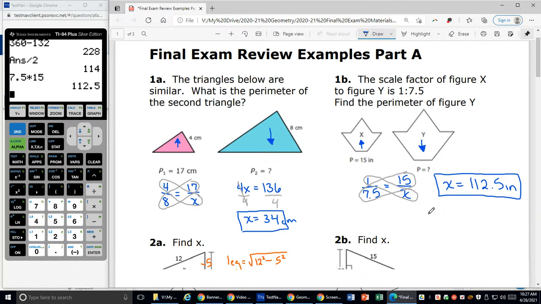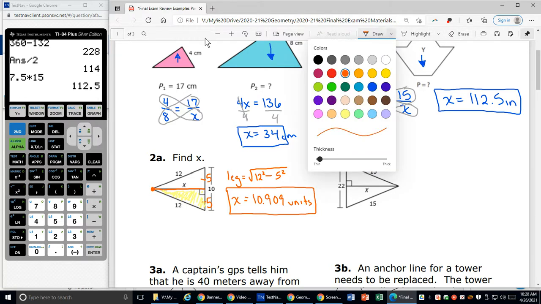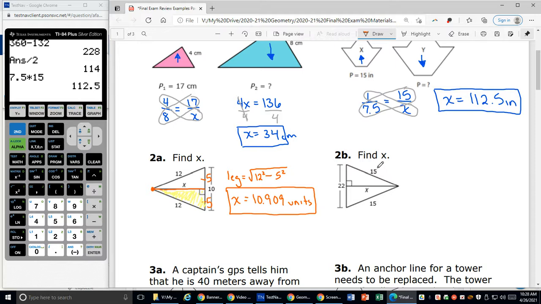Okay, let's look at 2. On 2, find x. If I look at my two pictures and compare them, I can see they're very similar. My triangle is just pointing in a different way. My two legs that are the same, I had 12, now I have 15. And I had 10, now I have 22. I took that 10 and I divided it into 2 equal pieces, so 11 and 11. And then I said, all right, I'm going to be finding a leg